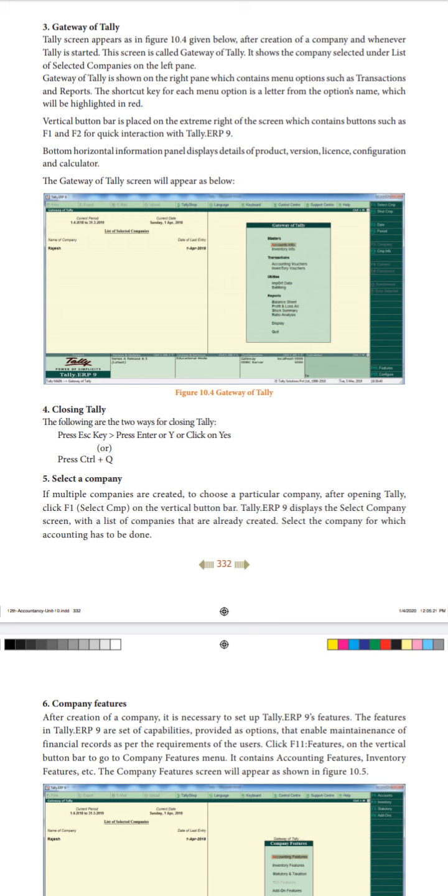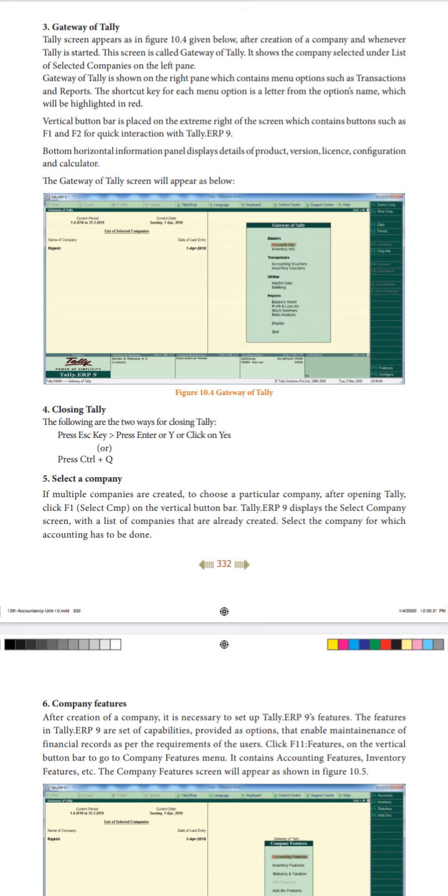There you will have your quick keys, we can even say shortcuts. When we click on F1, you can select the company. When you click on F2, you can get the information about the company. All such things can be displayed. If you look at the right side corner of picture 10.4, the dark green part, there these F keys, F1, F2, or whatever keys, and supporting information will be given in that column.